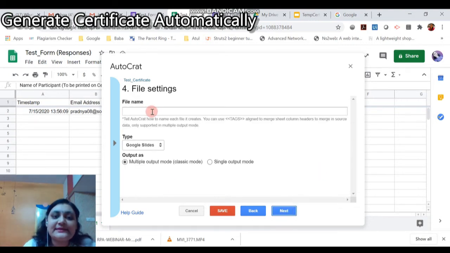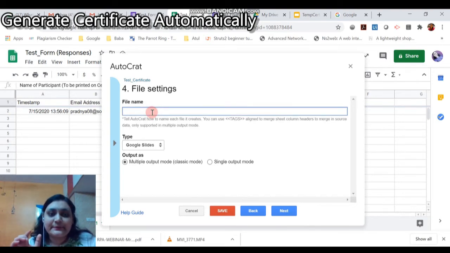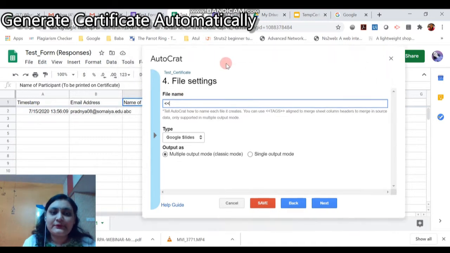Then this is the file setting, meaning whenever your certificate is generated, what kind of file it will be and what the name of that particular file will be. Since I want the name of the participant, then certificate, as the file name, I need to use the column name which I have written here. It will be name of the participant.